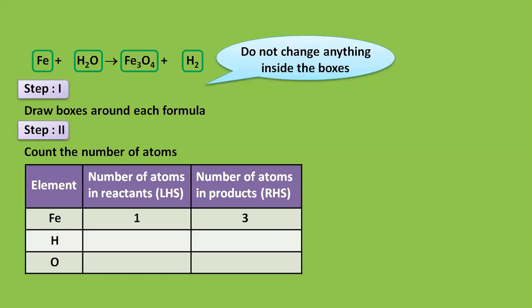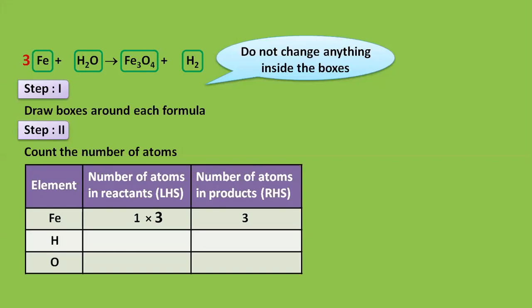Can I make the number of atoms in the reactant 3? And this I can do only by multiplying. Again, a trick here: you are not supposed to add, subtract, or divide. You can only multiply the number. Now the question arises, ma'am, what is the meaning of multiplying? How am I going to multiply? See here, I put 3. This means that I have multiplied Fe with 3, which gives me 3 Fe atoms on the left hand side and 3 Fe atoms on the right hand side.